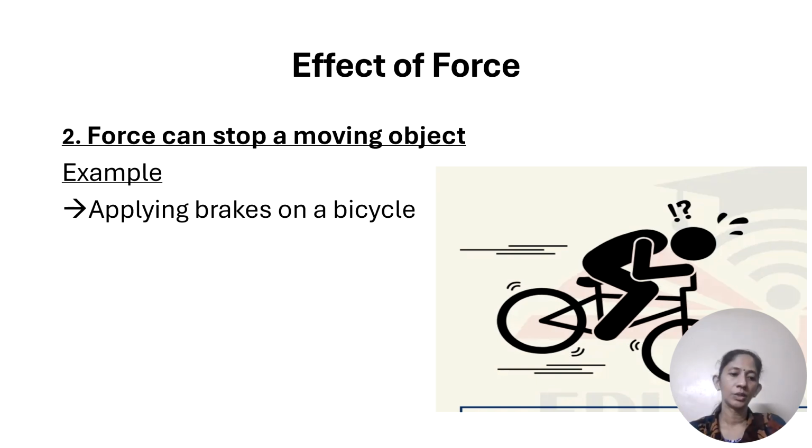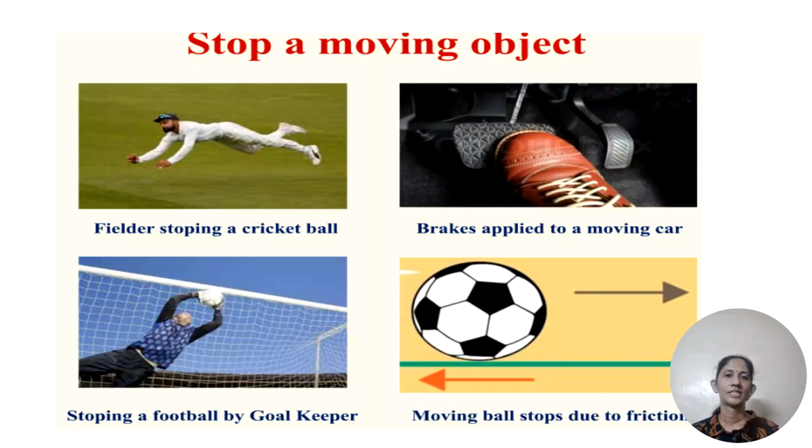Before moving on to the third, we can look at the examples of this point. Examples: a fielder stopping a cricket ball which is in motion. Second example, brakes applied to a moving car. Third example, stopping a football by a goalkeeper. And last example, a moving ball stops due to friction. Next point,